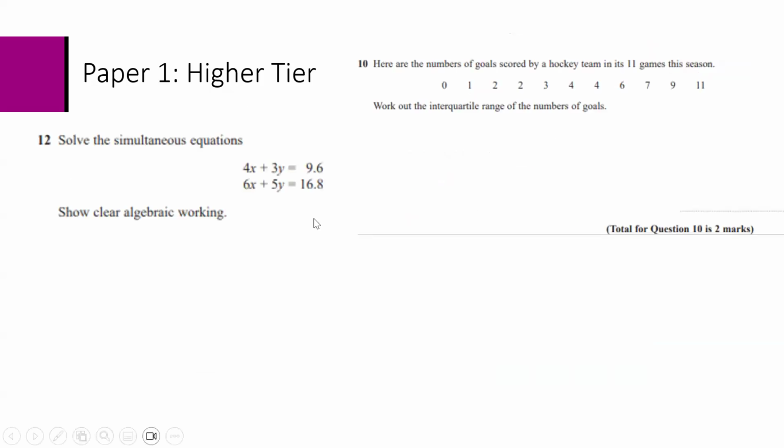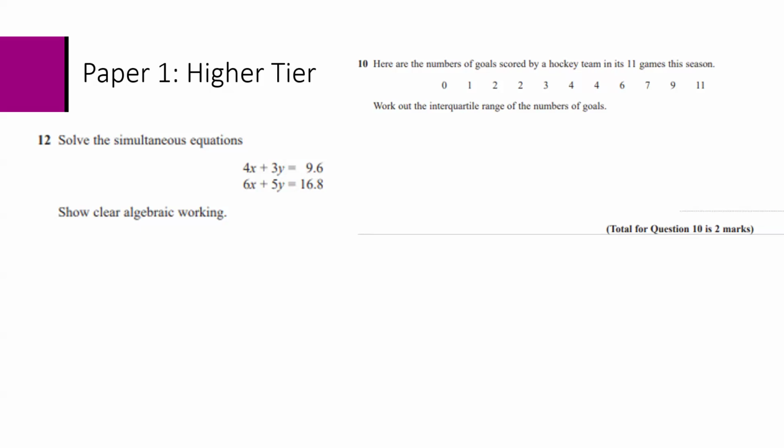So I've got 2 questions for you here, and this is going to give me a chance to have a sip of my cup of tea, which I've got to my right-hand side here. So here are, solve the simultaneous equations: 4x plus 3y equals 9.6, 6x plus 5y equals 16.8. Show clear algebraic working. And then here are the number of goals scored by a hockey team in its 11th game of the season. Work out the interquartile range of the goals. So question 12 was a 4-marker. Question 10 was a 2-marker. Proportionally,